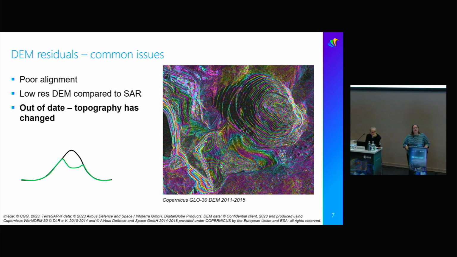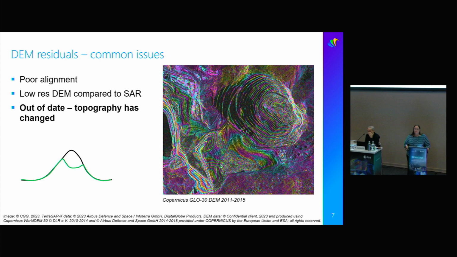The other problem that we have a lot more in the mining industry in particular, but lots of other applications too, is the topography has actually changed. So GLO30, the most recent global DEM that we have access to, was made, I think, between 2011 and 2015. For environmental applications, that's pretty good, but you can do an awful lot of mining in the time since then. So you can see in this example, the pit here was partly present in the GLO30 DEM data set, but there are an awful lot of fringes both in the pit and on the waste piles down in the bottom left.